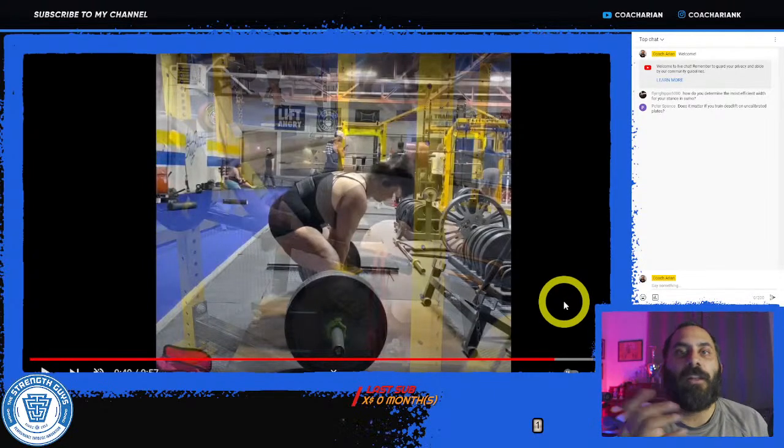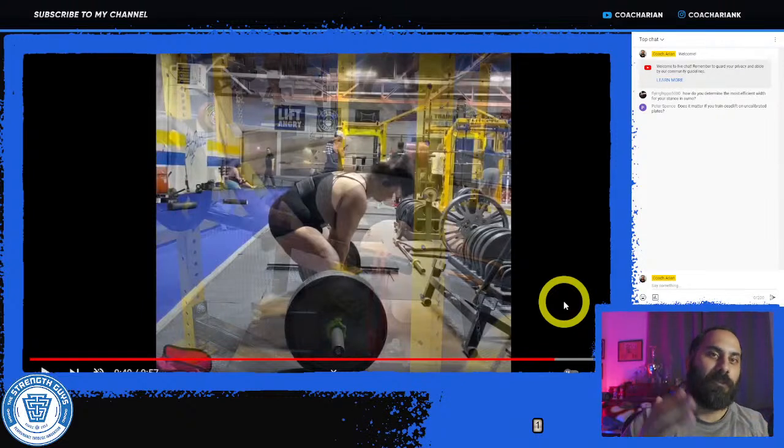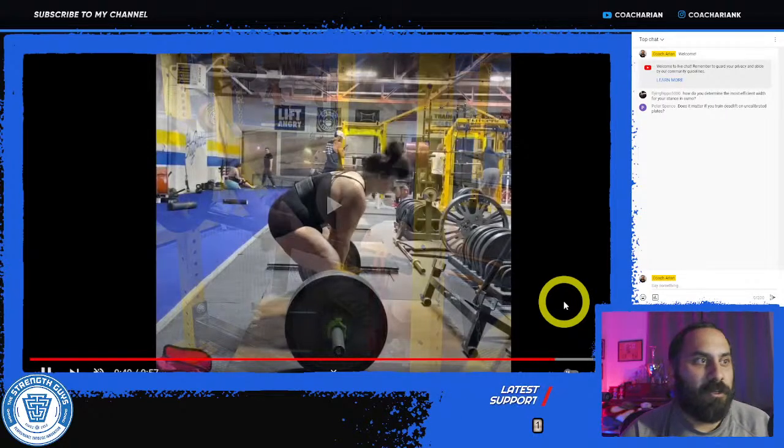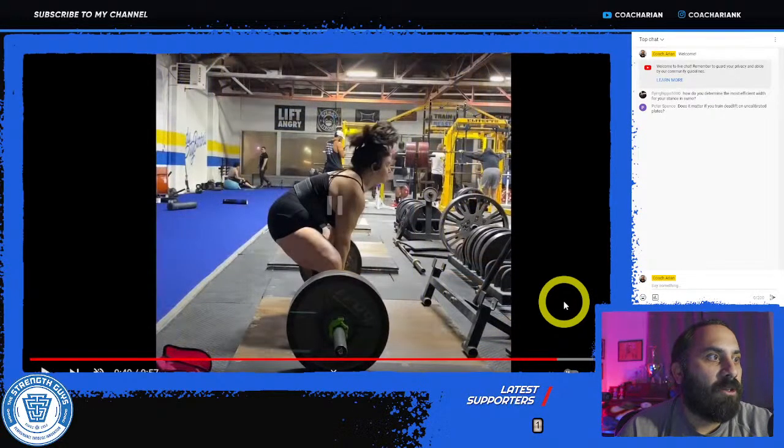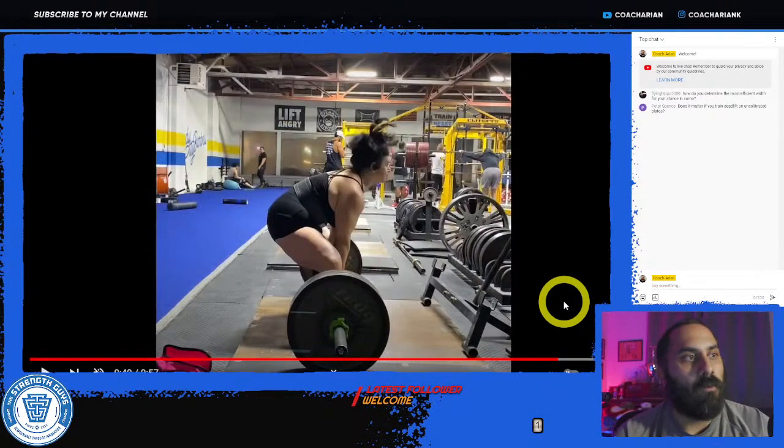And so with a sumo deadlift, I know this isn't a max stance sumo stance with the knees really out and a vertical shin, everything like that. But even with a moderate stance, you're going to be somewhere around a vertical shin, maybe just slightly knees forward. And so here, potentially, she is sitting down too much and having the knees too forward and pushing the bar too far forward.